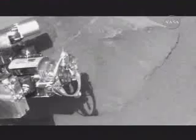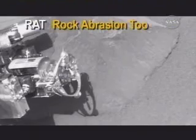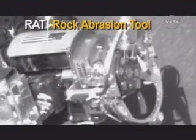So at that point we'll have a first-order picture of the physical and chemical characteristics of this, but then we're going to take our instrument called the RAT and give us a fresh surface, and that way we can do the same chemistry again and tell whether or not the surface is actually affected by either dust or an